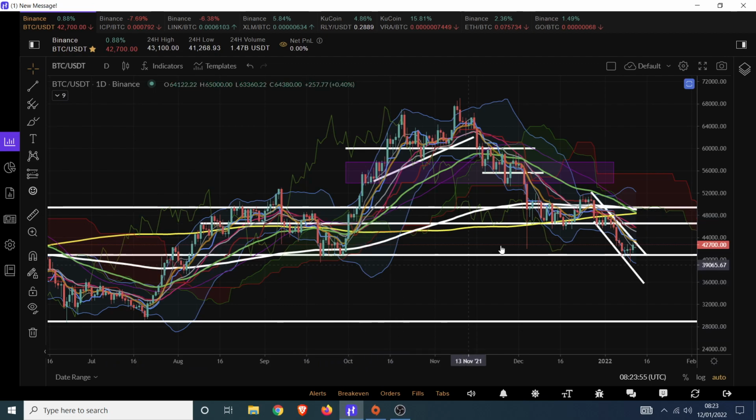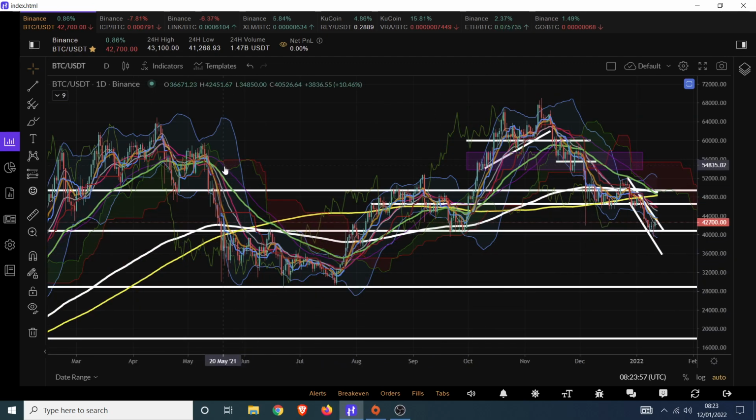we can have a look at. Let's have a quick look. So this tiny little skinny purple one is the 50 simple moving average. This bright fat yellow one is the simple 200 moving average. This got a death cross here, and then the green and the white got a death cross here.